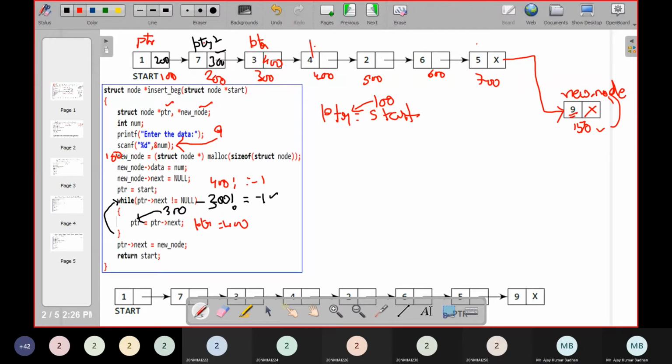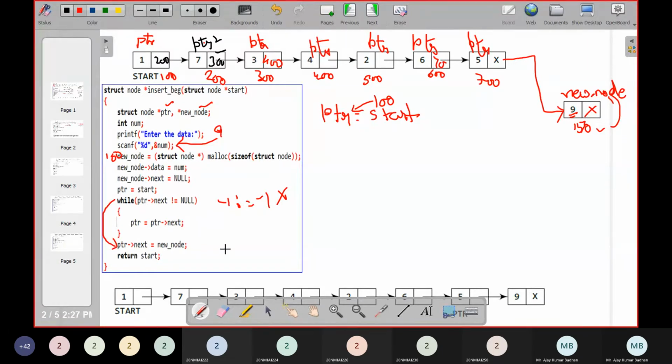Now pointer will be jumping to this particular location, and in this way it will keep on jumping from one location to another until it reaches here. Right now the pointer is present in this particular location. What is the location we gave here? 700. So it has jumped here. What does pointer next consist of here? -1. Now -1 is not equal to -1, so the condition failed. This means you will skip this loop and come to the next statement.